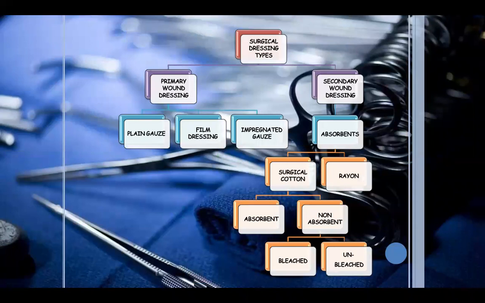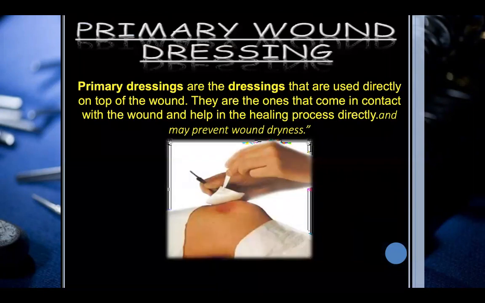Then the surgical dressing types are again primary and secondary wound dressing. The primary wound dressings include plain gauze, film dressings, impregnated gauze. Secondary wound dressing contains absorbents: surgical cotton, rayon, absorbents, non-absorbents, bleached, unbleached. Primary dressings are the dressings that are used directly on top of the wound. They are the ones that come in contact with the wound and help in the healing process directly and may prevent wound